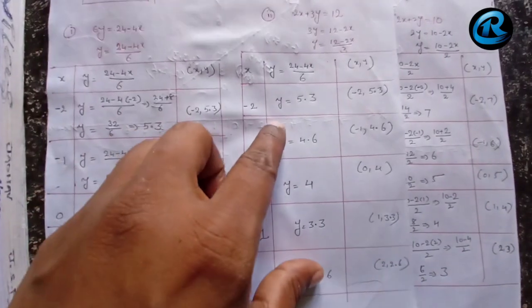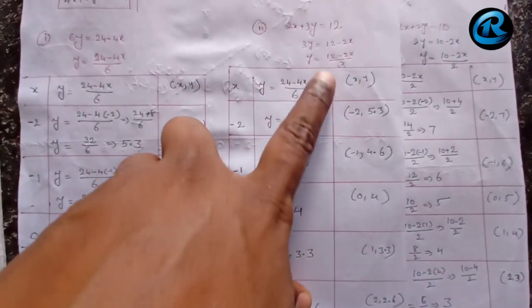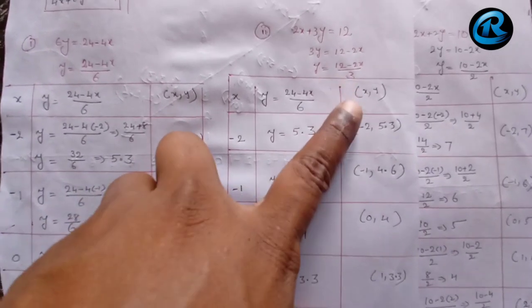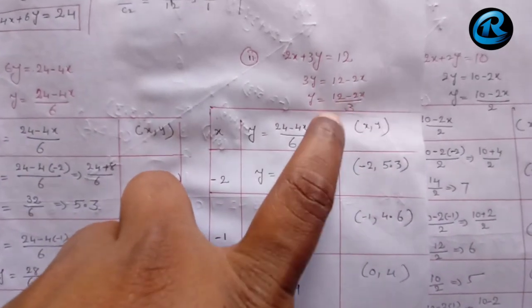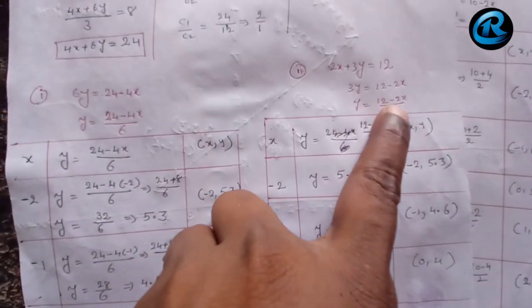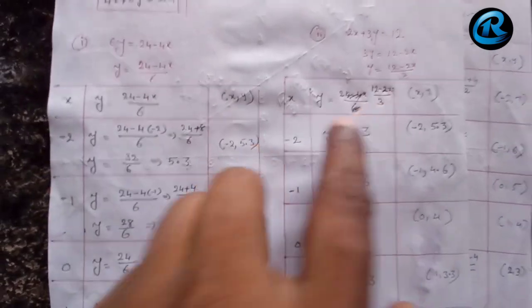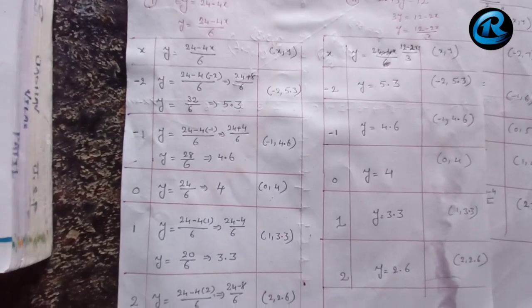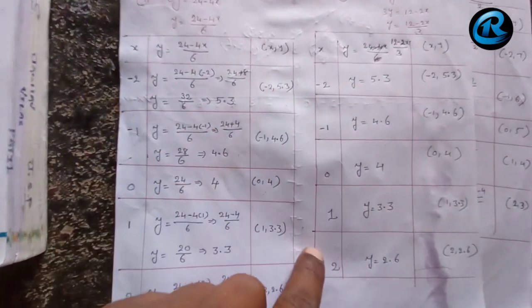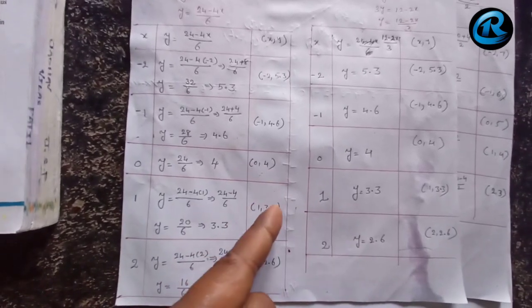And next, the 5 solutions of equation number 2. For equation number 2 you will get y equal to (12 minus 2x) by 3. As it is a coincident lines, the same x values we assumed in table number 1, in table number 2 also we will get the same, as I told you in the previous question. So directly I wrote the values.